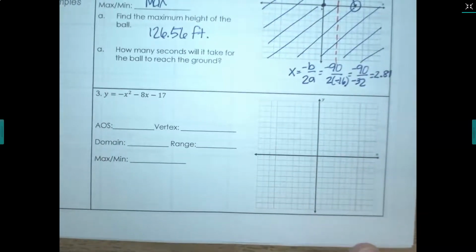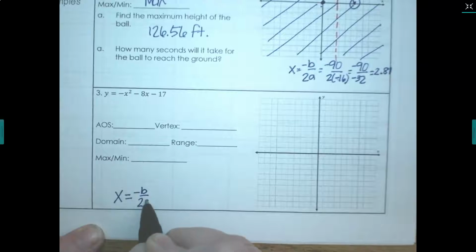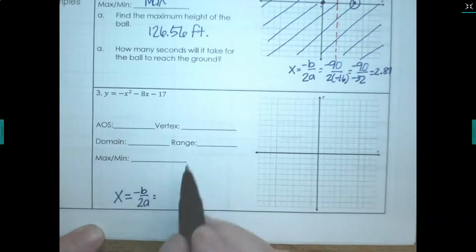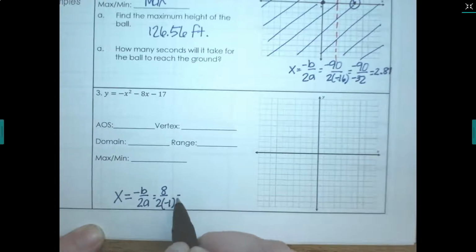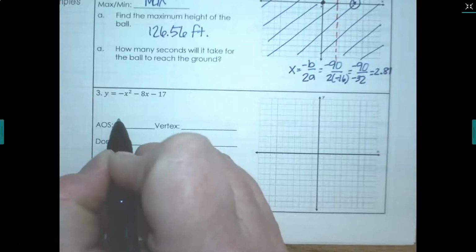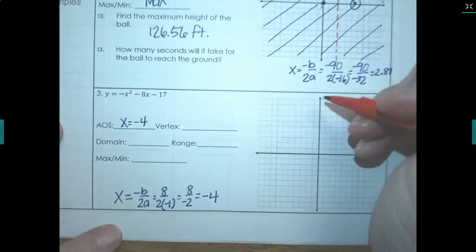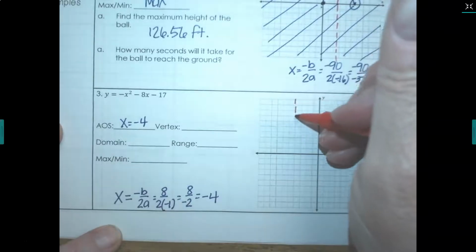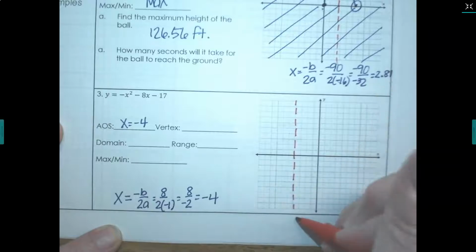They're a little easier to look at. But it's important to understand how this works in the real world. So to find our axis of symmetry, we do -b divided by 2a. So b is -8, so I have +8 divided by 2 times -1. So 8 divided by -2, which is -4. That gives me my axis of symmetry. I like to draw it in, so I'm going to go 1, 2, 3, 4 and draw it in